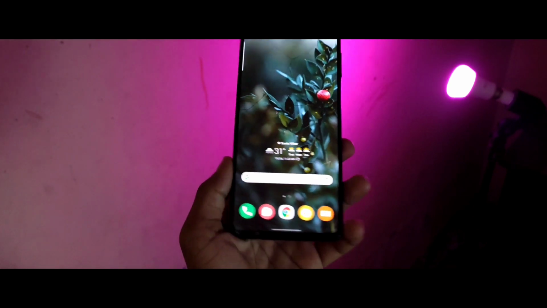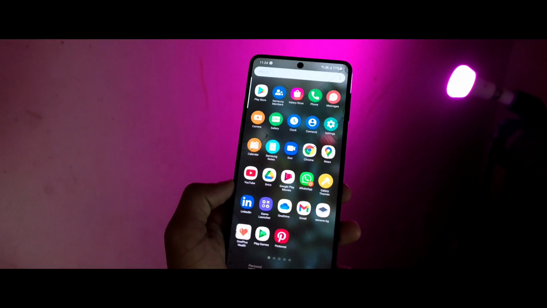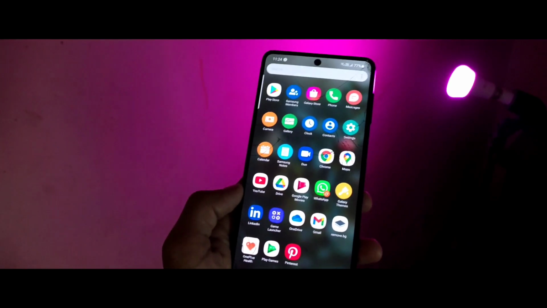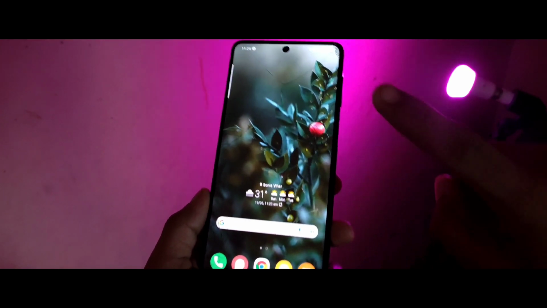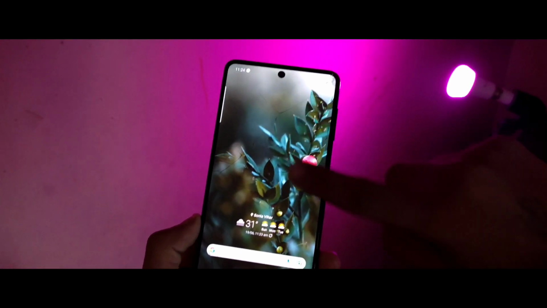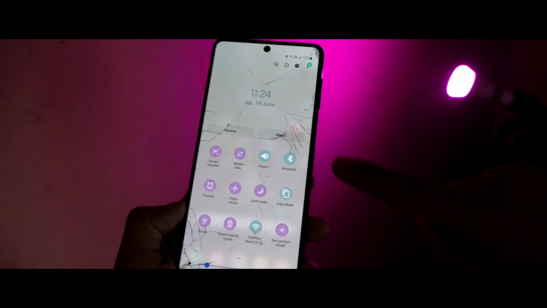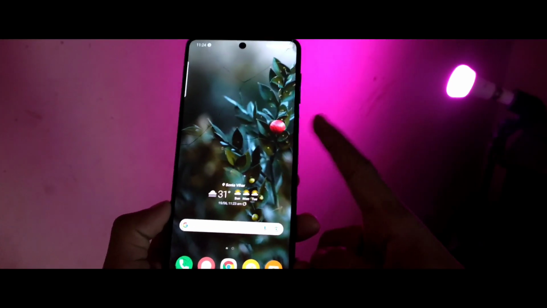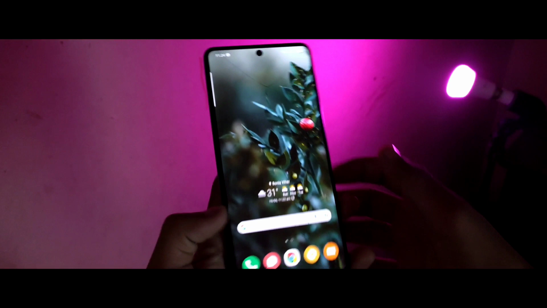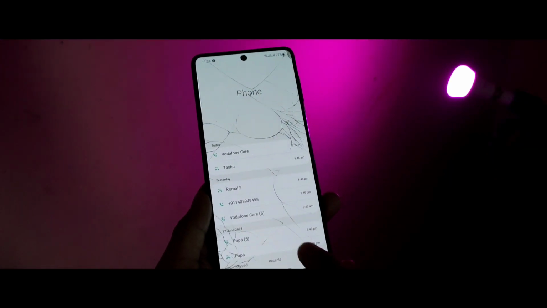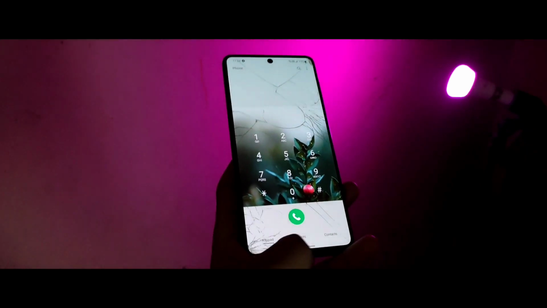This one is the second theme of our list. You can see the icon pack of this theme looks really amazing, and this theme has a rounded-shaped icon pack. If we talk about the home screen, this theme applies a great home screen wallpaper and the notification panel of this theme looks really amazing. This theme has a purplish accent color and the lock screen of this theme looks amazing. You can check this out, and the dialer of the theme is amazing. As you can see here, the whole interface of the theme looks amazing.